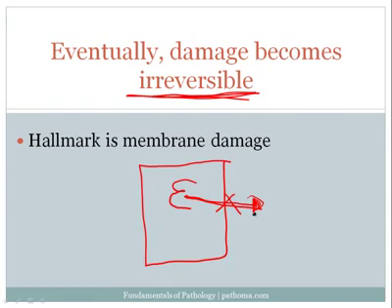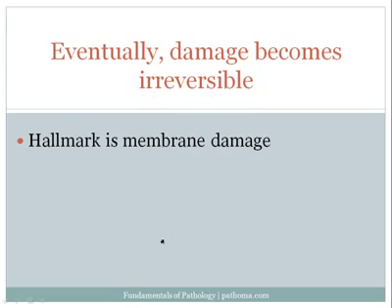Another consequence of loss of the plasma membrane is that the calcium, which is present outside of the cell, so much effort was made to keep calcium outside of the cell, as I mentioned earlier, can now rush in as well. So the intracellular calcium levels will increase even further. So these are the two consequences of plasma membrane damage. Another membrane that is going to be damaged is the mitochondrial membrane.